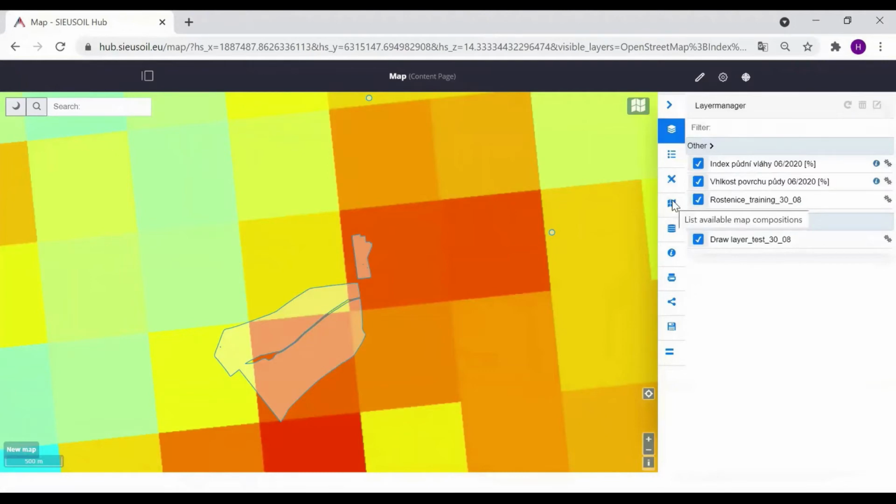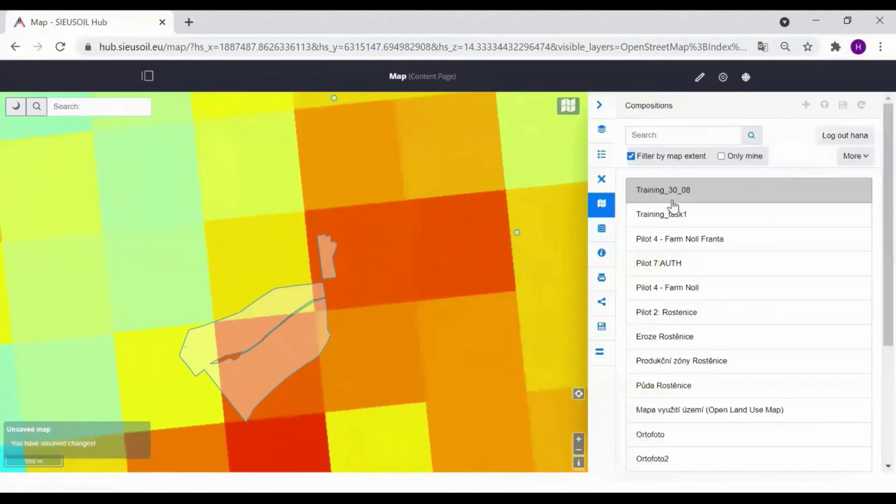What is really important to mention is that the metadata of all compositions that you save to Layman are automatically registered in Micka metadata catalog, which means that this is the way you can create a great community data store. For browsing the existing data or map compositions, there is a compositions panel. It's somewhat similar to Data Catalog tab, but this time we are not browsing the map layers, but map compositions.